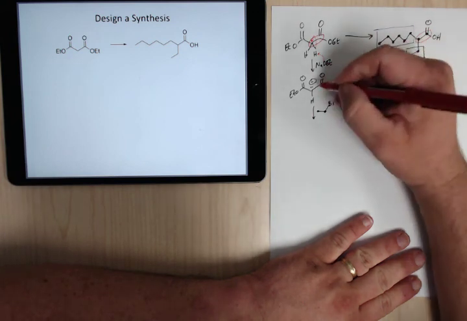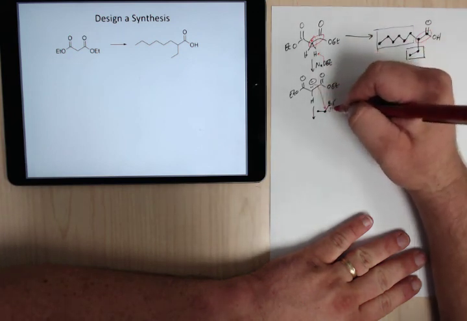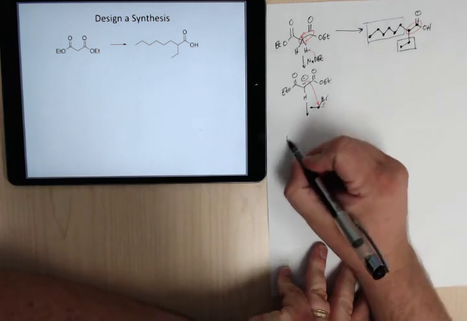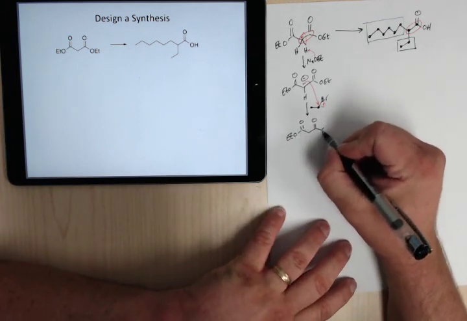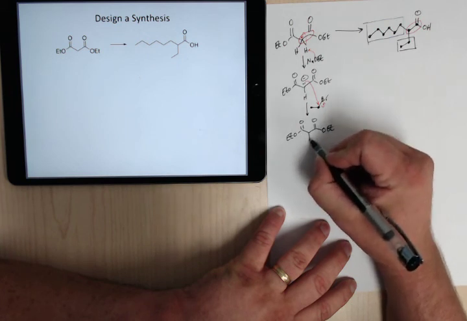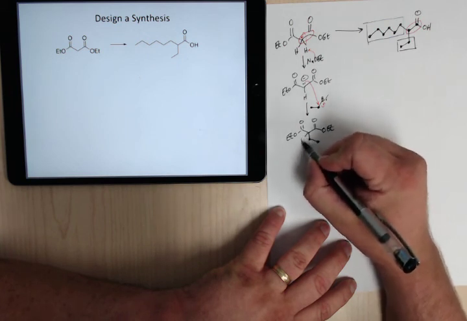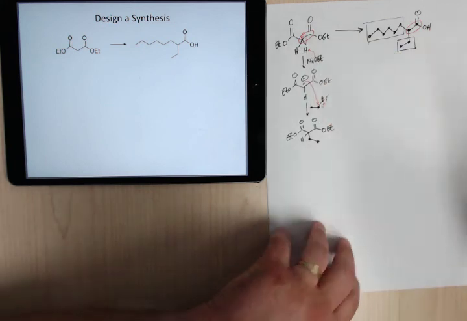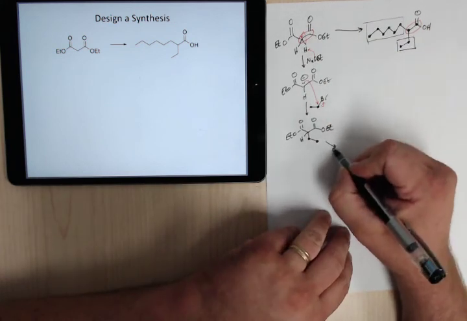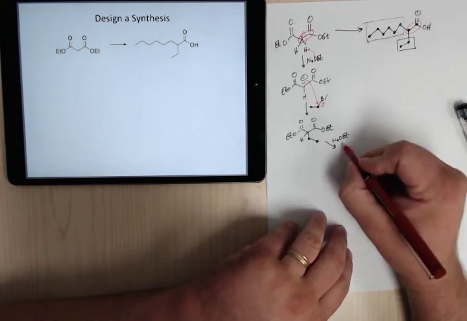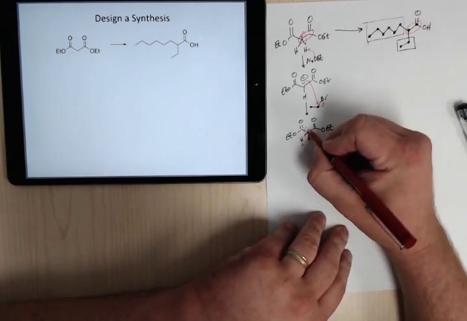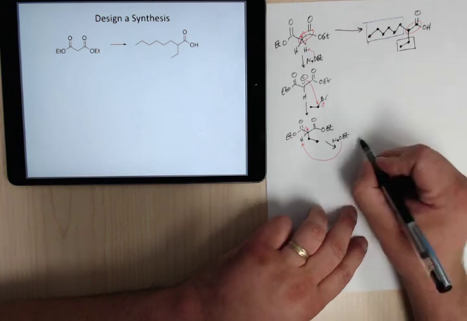So then this attacks here, kicks that away. And so you end up with, but remember there's still a hydrogen here, right? Didn't do anything with that hydrogen. So we're going to go through this process again. So sodium methoxide. Right? This is going to grab that hydrogen, put those electrons up there, so you end up with